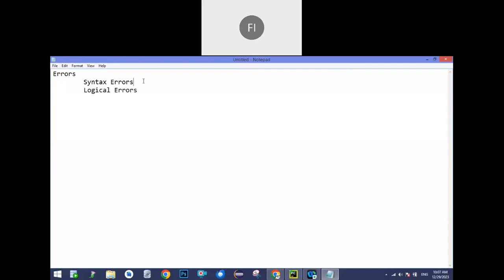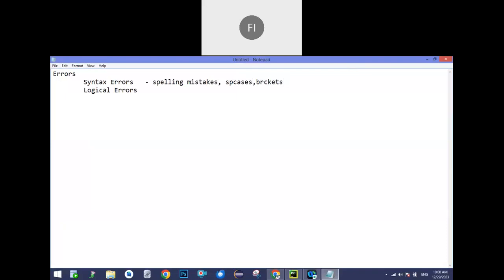Syntax errors mean that while you are typing, you may get some sort of issues, and it's purely our mistake, or I can say the developer's mistake. While you are typing your code, you may make spelling mistakes, or not give proper spaces, or not give the proper structure, I mean proper alignment. All such errors we call syntax errors. The best examples are spelling mistakes, spaces, and improper brackets. These all come under syntax errors, okay.